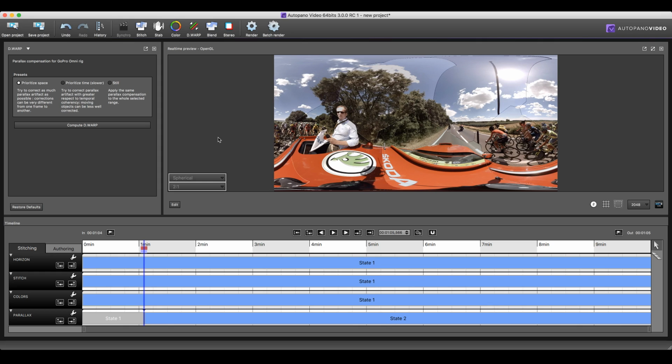And if you do some testing, you're going to see that you can go pretty close to some objects and it's going to adapt to that really fast. Then you go out into an open space, and suddenly, boom, really quickly you have a stitch that is completely adapted to that space. So prioritize space is really the option for those kinds of situations. Prioritize time, actually, for a situation like